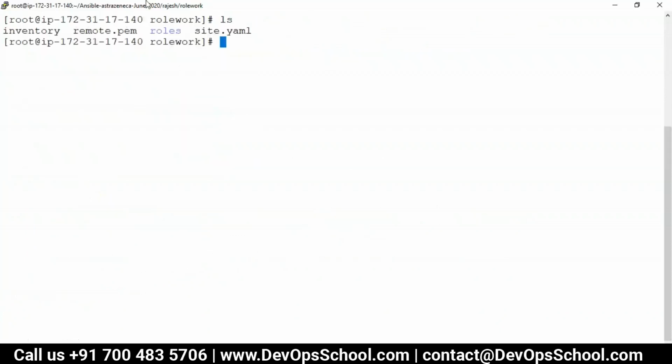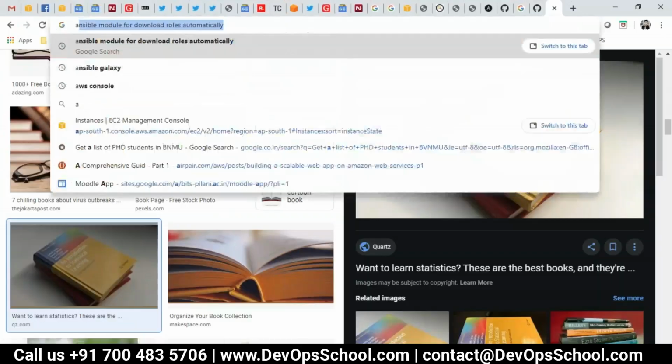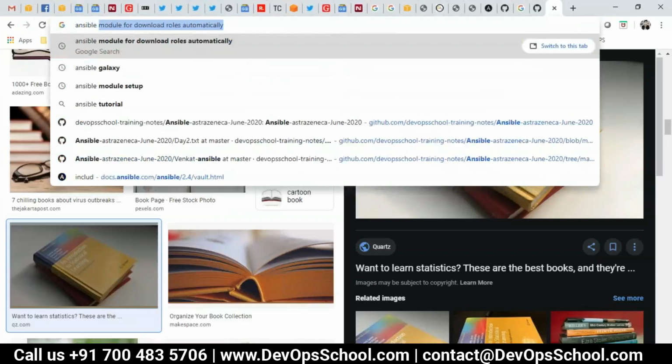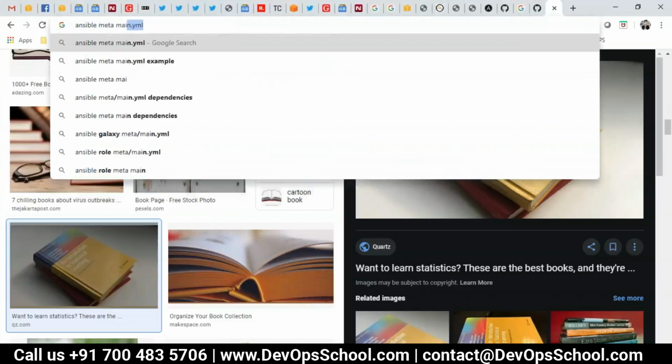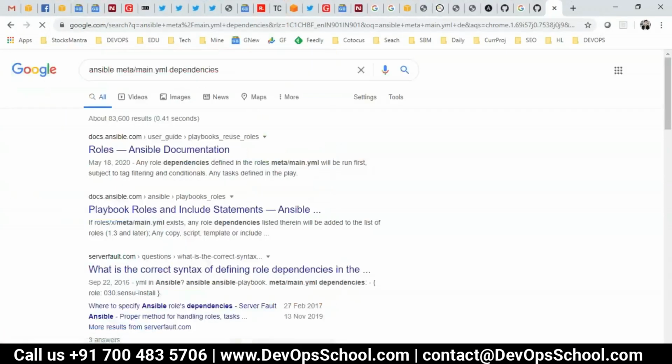Now the spacing is also correct. ansible-playbook -i inventory and site.yaml. There's a spelling mistake. Yeah, I knew that. Just a second. Ansible meta main.yaml dependency format.